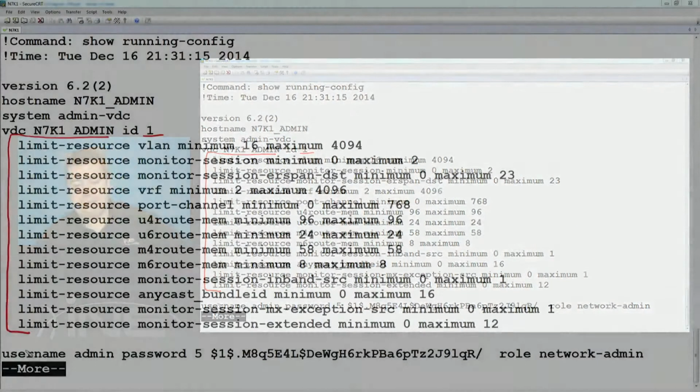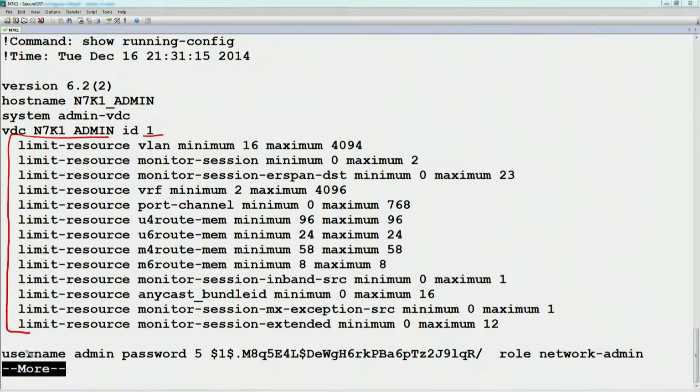So what this means is that based on the memory of the supervisor, there's going to be a limit to how many IP version 4 unicast routes we're going to be able to hold in memory, or how many VLANs we're going to be able to create at a maximum, or how many port channels we're going to be able to create. So essentially what this is saying is that this is the template applied to this particular